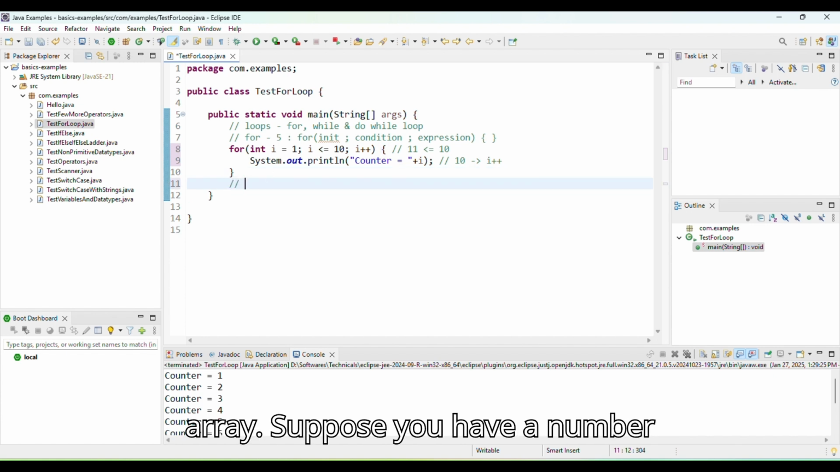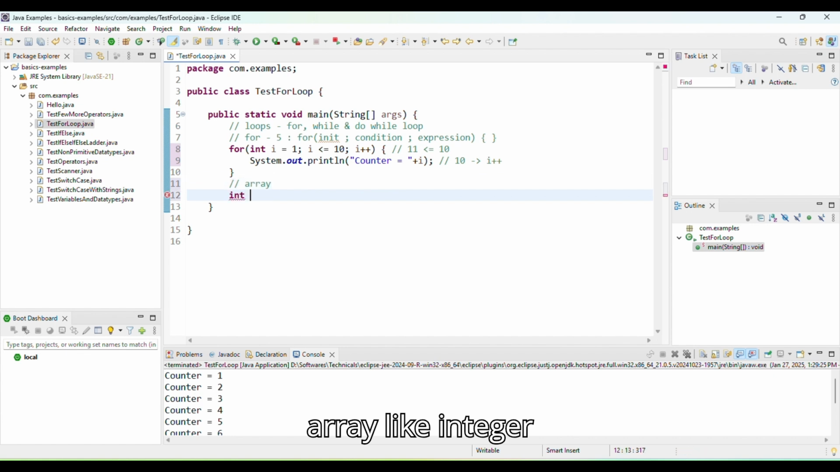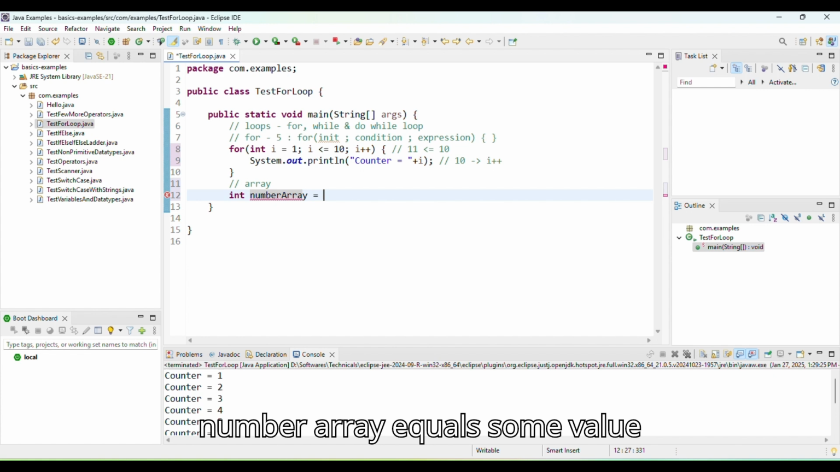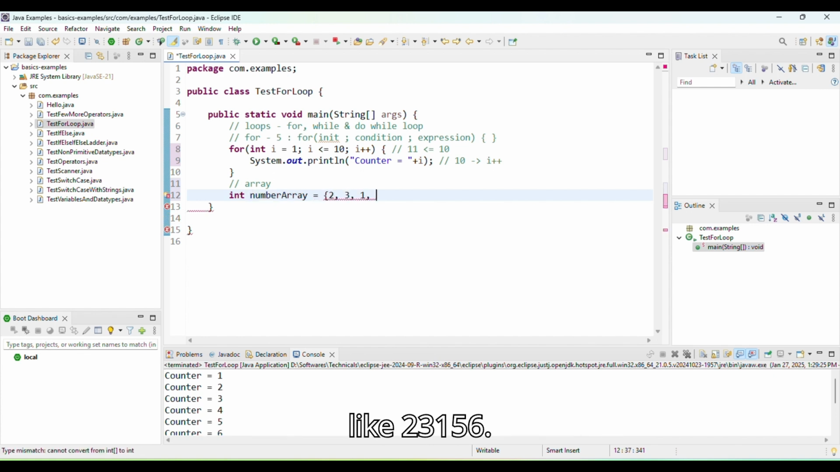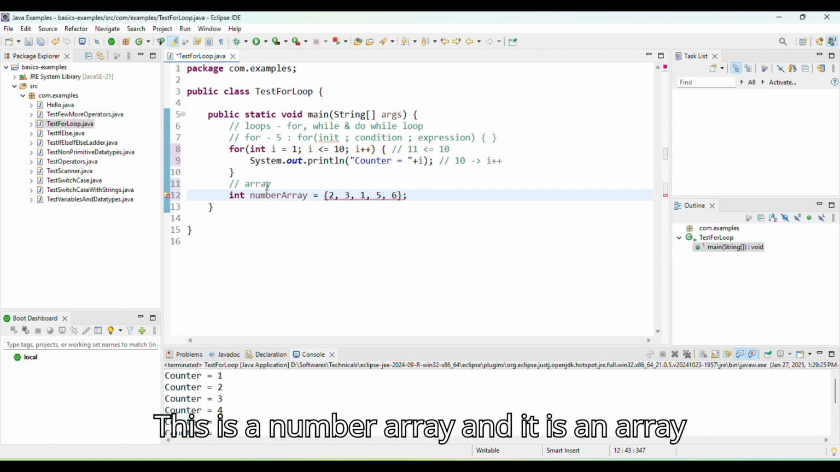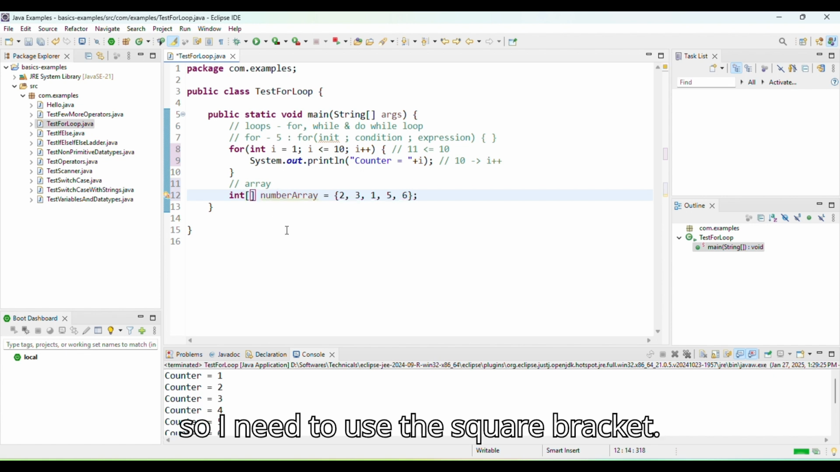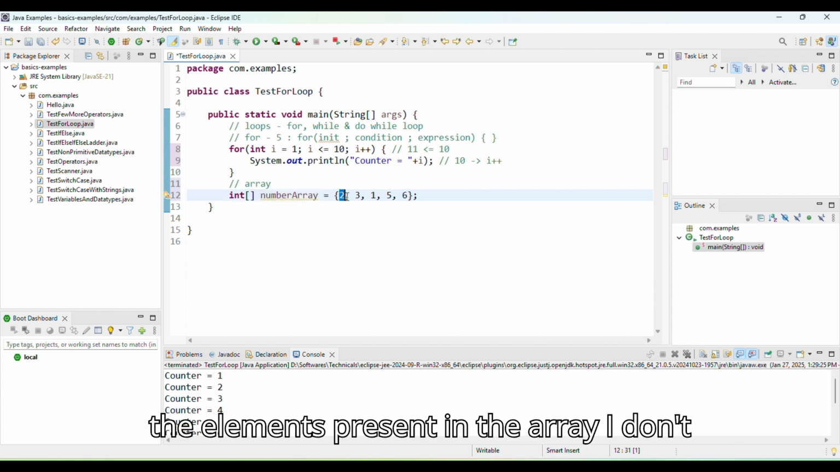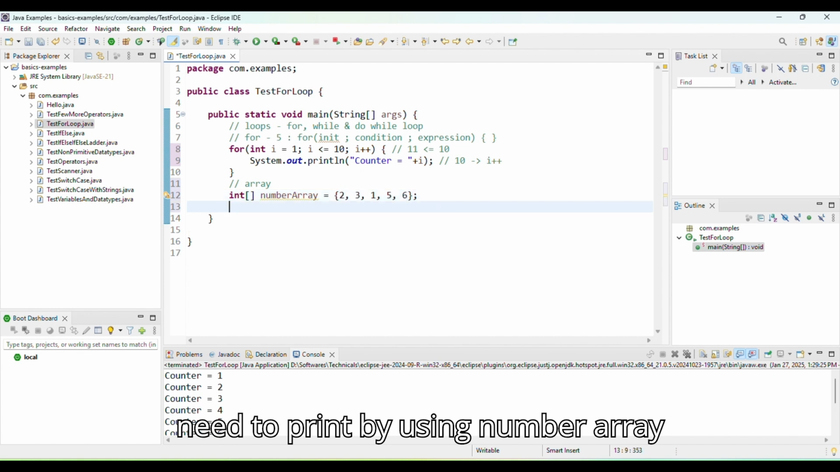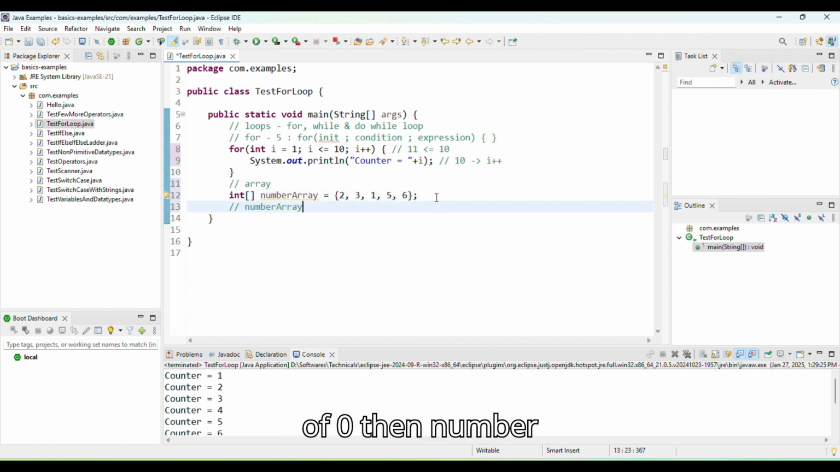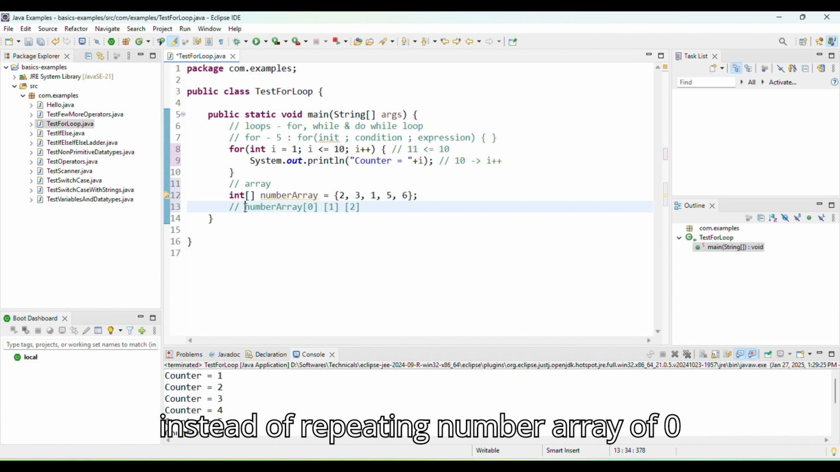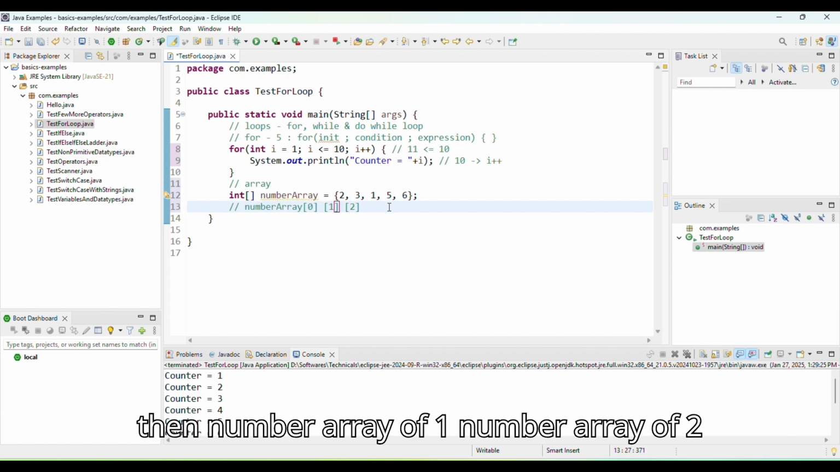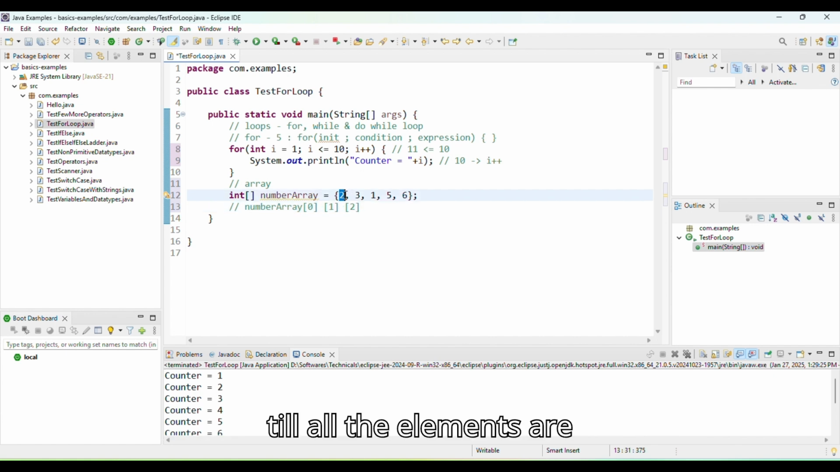Suppose you have a number array, like integer numberArray equals some values like 2, 3, 1, 5, 6. This is a number array and it is an array, so I need to use the square brackets. Suppose I want to print the elements present in the array. I don't need to print by using numberArray of 0, then numberArray of 1, numberArray of 2,